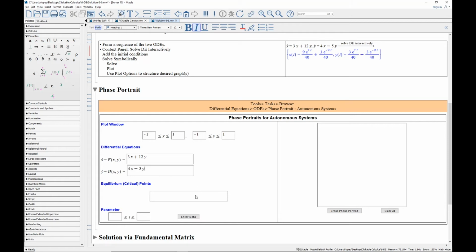Now we need the equilibrium or critical points, which there's only one. It's 0, 0. And the integration parameter along each trajectory. We're going to integrate in both directions, and the integration will be numeric. I'm going to run minus 3 to 3, so for each point that I want a trajectory to go through, I want to integrate both forward and backwards. So when I click this button,